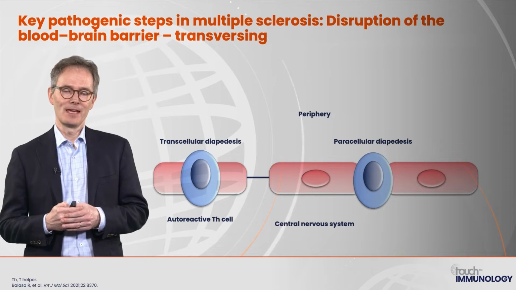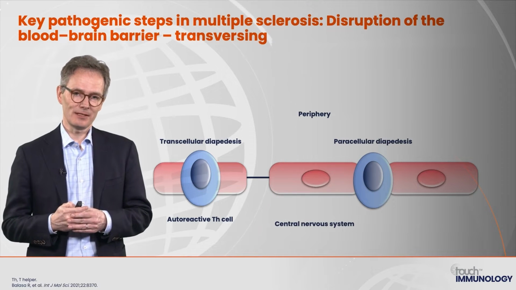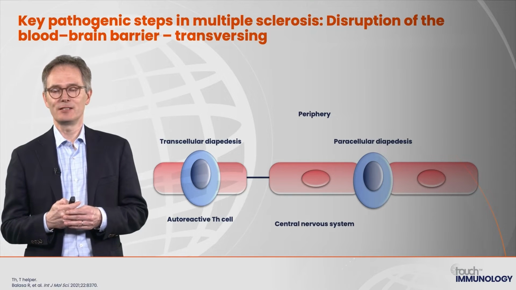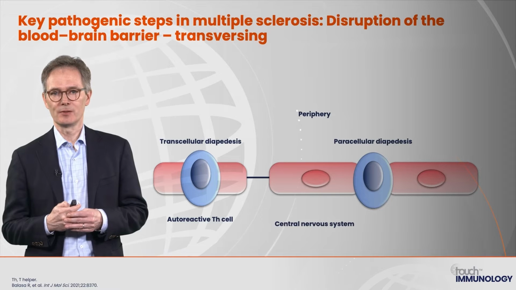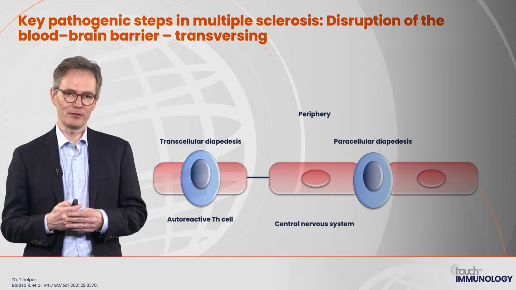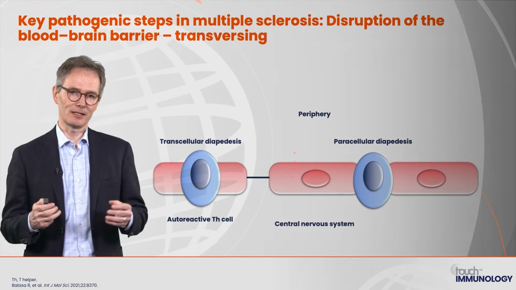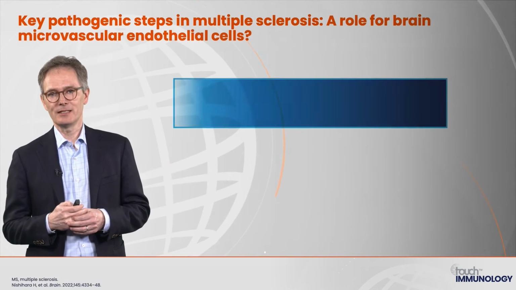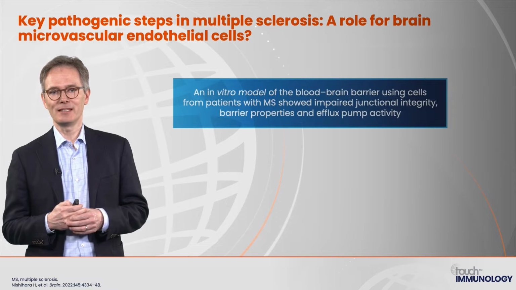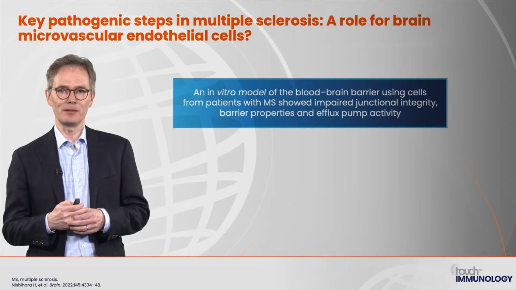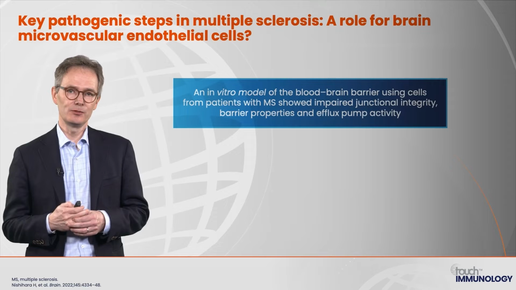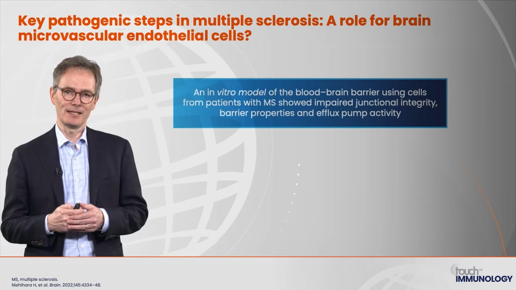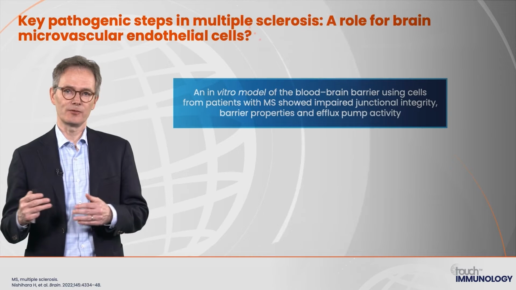A very new and exciting development is that maybe the blood-brain barrier of MS patients is different compared to control patients. We all know that there are genetic polymorphisms that mainly target the immune system in MS. So the group from Britta Engelhardt and Renaud Dupaquier made an in vitro model of blood-brain barrier using induced pluripotent stem cells from MS patients, but also from controls. And then they looked at the barrier function of these cells.